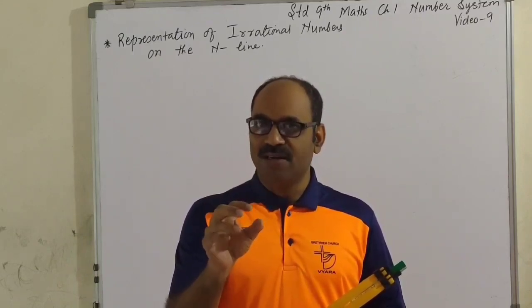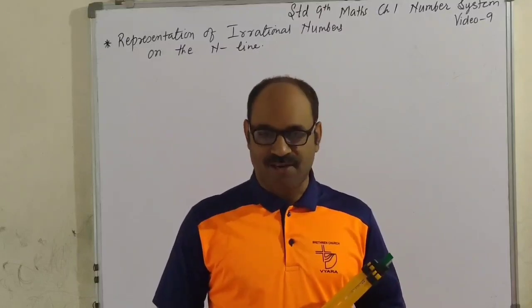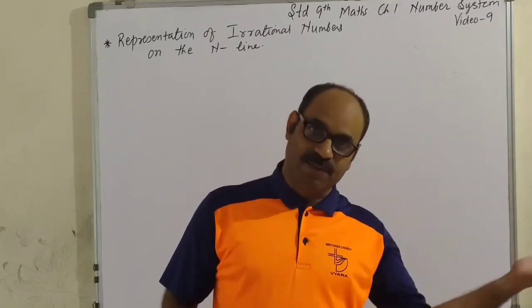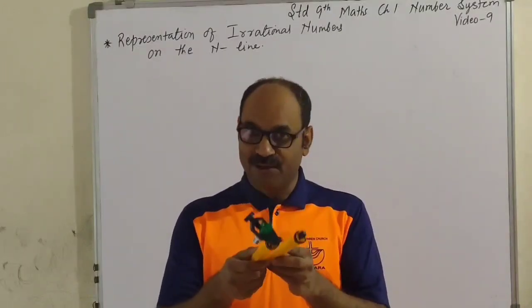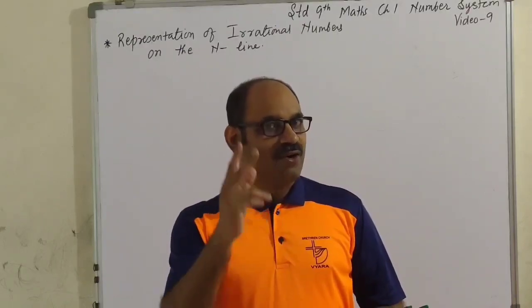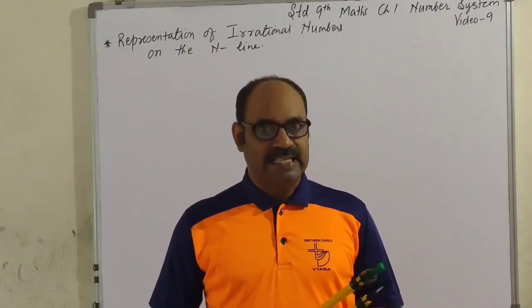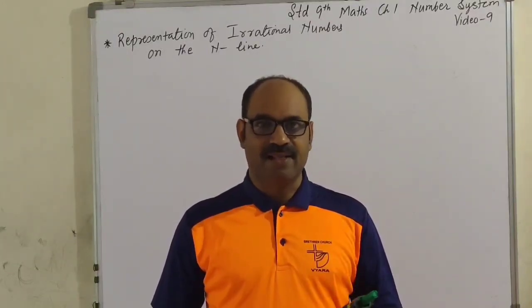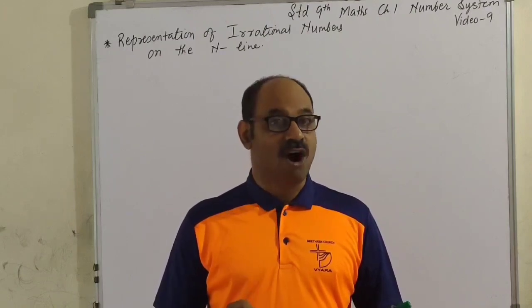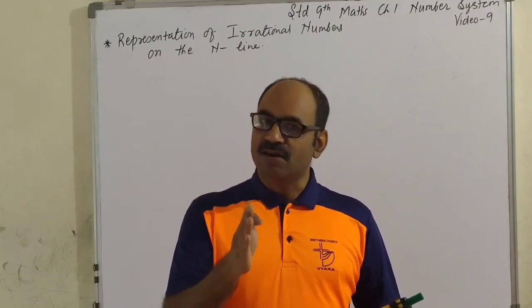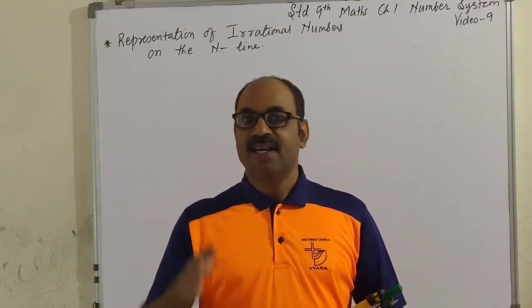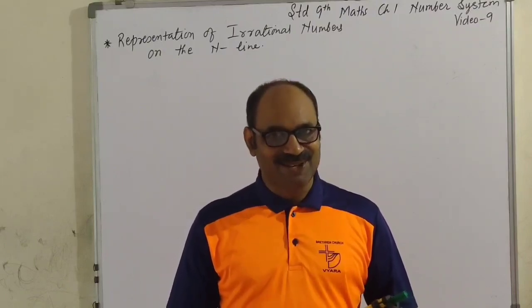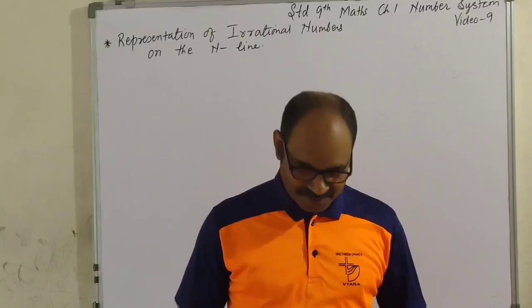Whenever we use rounder, the process is called construction. In any construction process we use rounder. So in the previous method and today's method we are using rounder, so we are performing the process of construction. That method was called geometric construction method, and today's method we shall call successive right triangle construction method. Is that clear to you? So straight away, let us start.